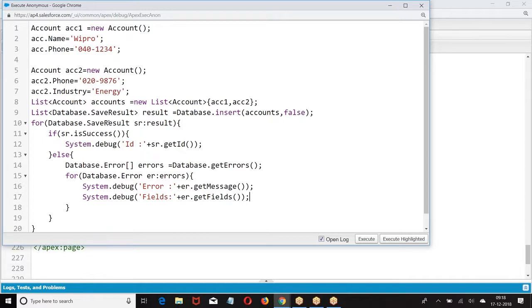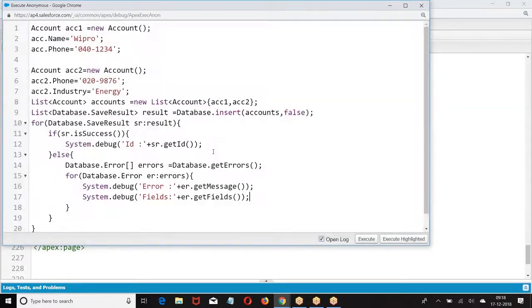Why was I doing this? Because the operation is running as non-atomic. As the operation is running as non-atomic, I am not sure whether all the records are success, all the records are failure, or any one of the records is success or failure. I have to check the status and know which of them are success and which of them are failure. Go back and see.